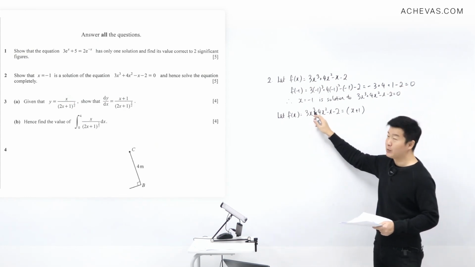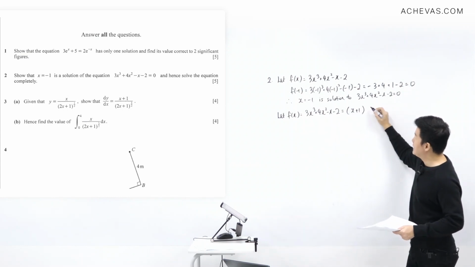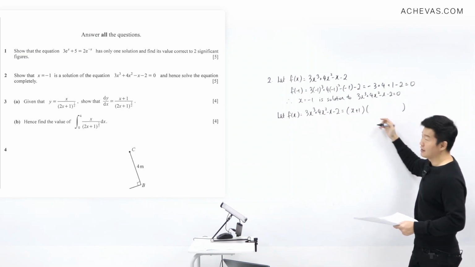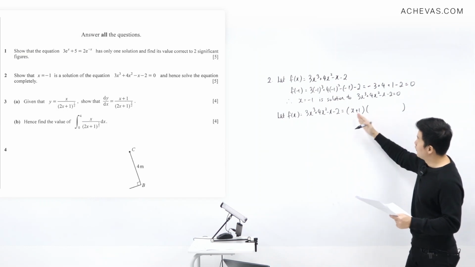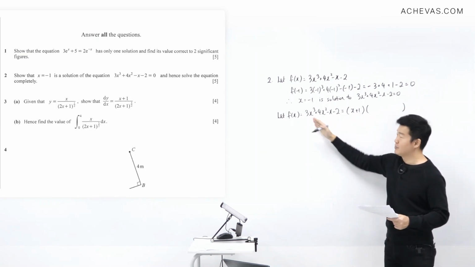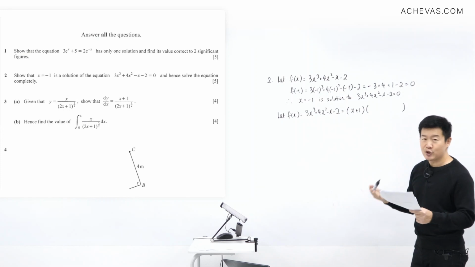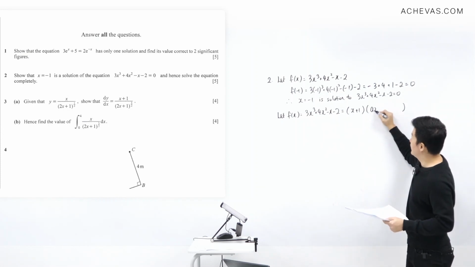Because this is x to the power of 3, and this we have a linear, which means that here we will be expecting a quadratic factor, so that when I multiply it to this, it is going to give me a x to the power of 3. So I'm going to assume this quadratic factor to look like this. Ax squared plus bx